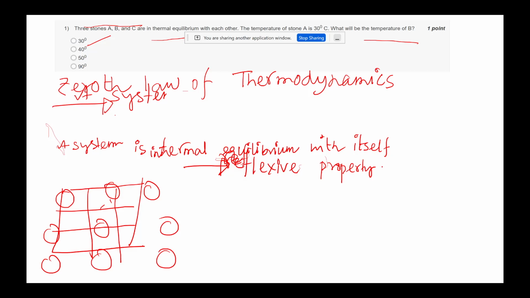So we will come into details of this zeroth law because there are more problems regarding it. One by one, I will explore all those. We will explore together the zeroth law of thermodynamics. Okay. Since I stated the law, the temperature of B will be this 30 degrees. Okay.